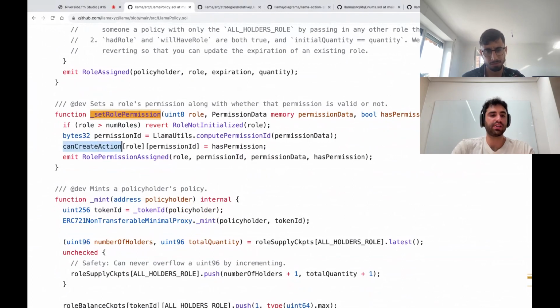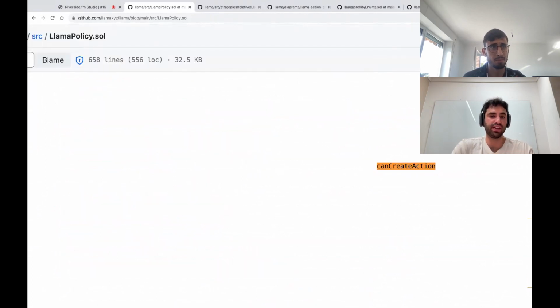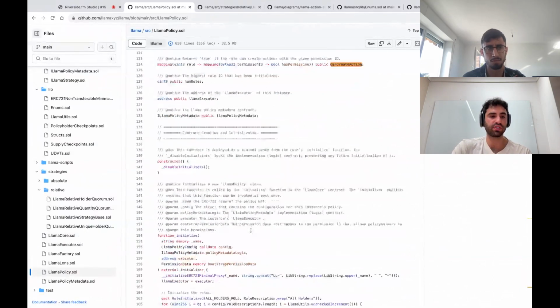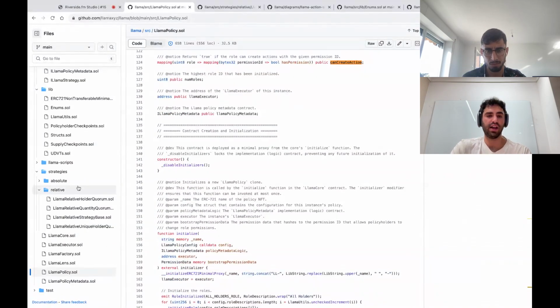We set the permission, and then we emit the event. You can see in this mapping, we're mapping from the role to the permission ID to a boolean for whether it has a permission or not. That gives you a sense of some of the things the Llama policy can do.